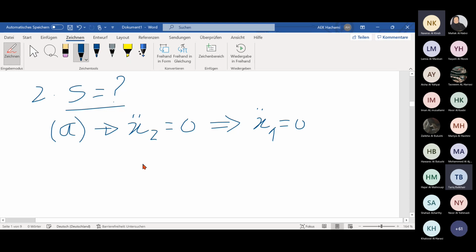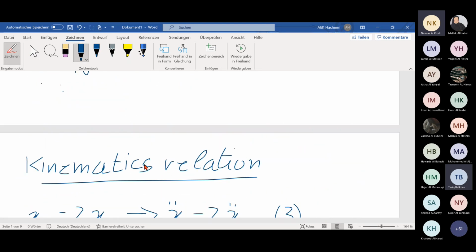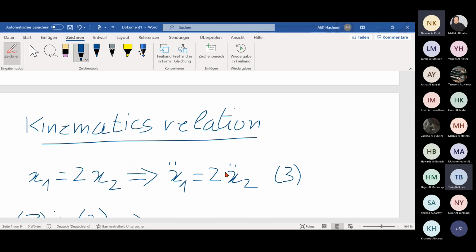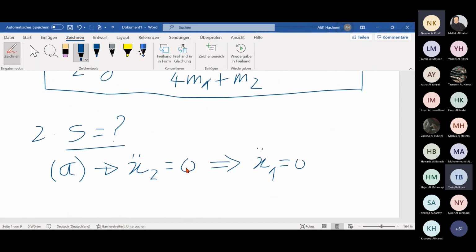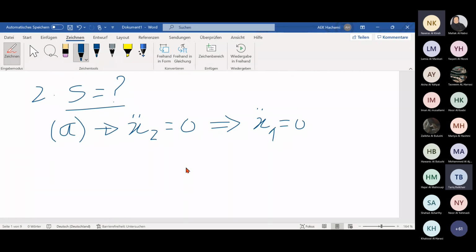Okay, why? From the kinematic relation. When this term is equal to 0, this term automatically is equal to 0. Then in this case, from the equation 2,